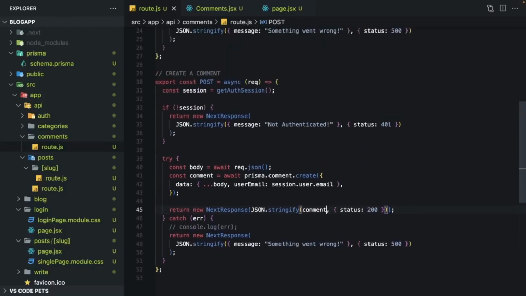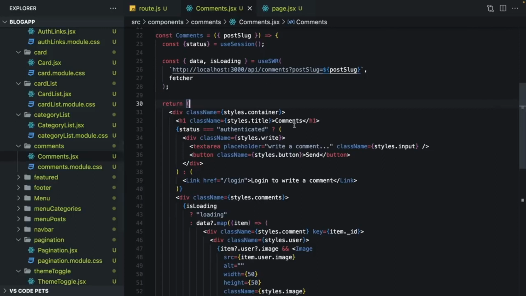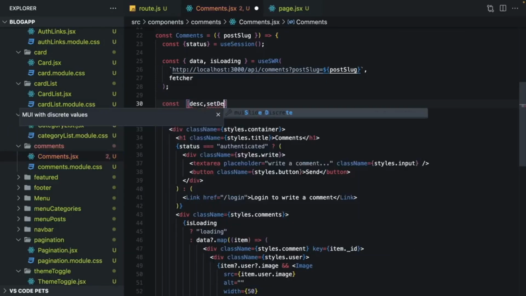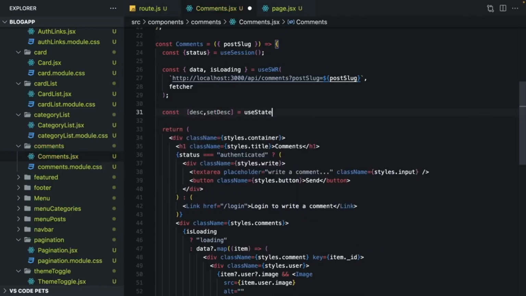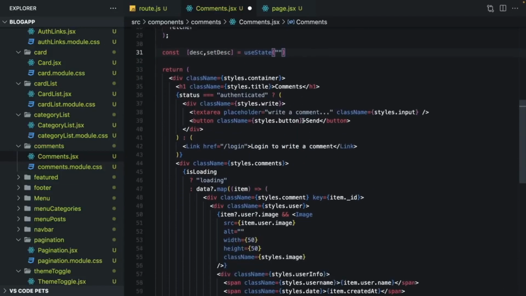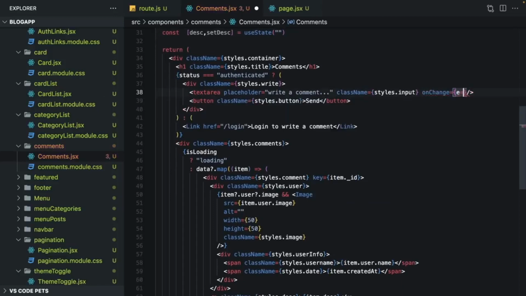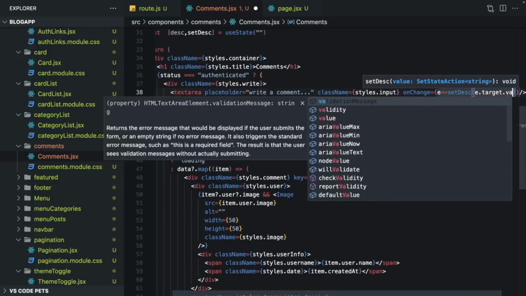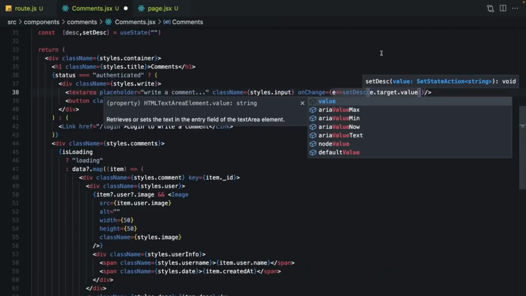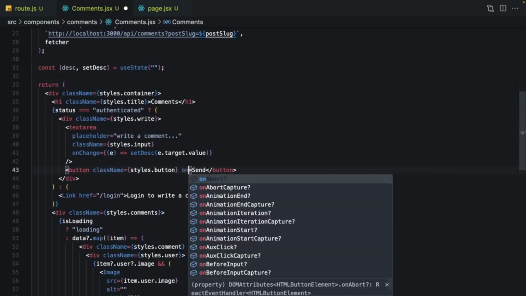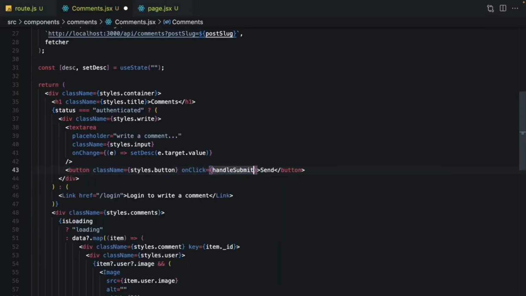I will save, and let's use it here. Firstly, I'm gonna store my description. Let's write it here, const description, set description, useState hook. At the beginning, it's gonna be empty. And when I change here, on change event, it's gonna set my state. Event, target, and value. Let me close this sidebar. Okay. And finally, when I click on this button, I'm gonna call handle submit,